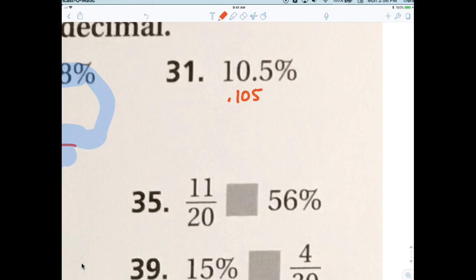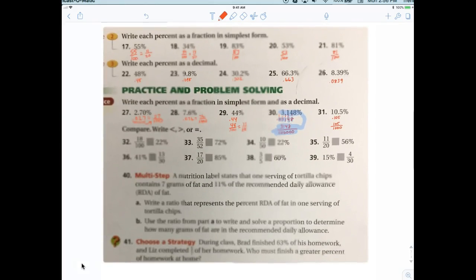0.105, which is? 105 over 1,000. Exactly. 105 over 1,000. All right, so everybody happy with that? Yeah. All right. Now,